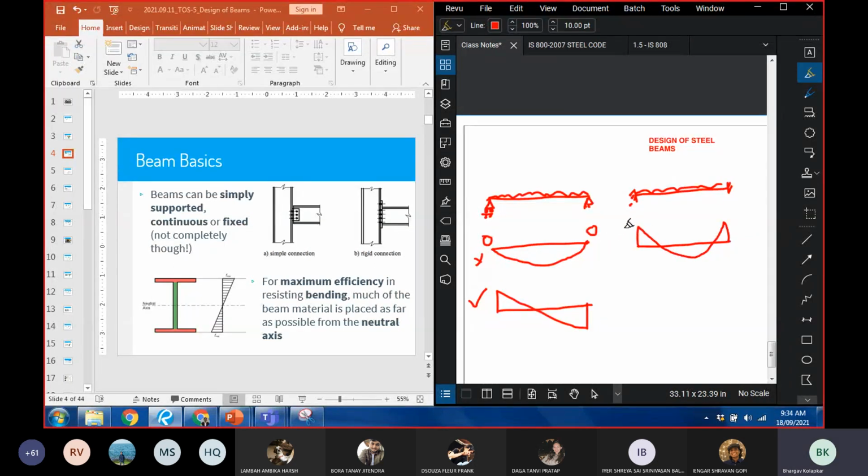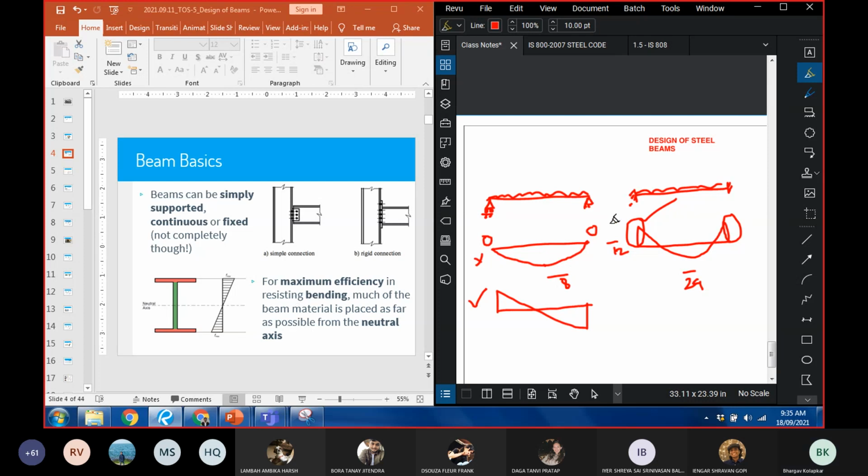This value is WL squared by 12, this value is WL squared by 24. And here you see that at the support, there is a significant amount of bending moment. Rather, the maximum bending moment. Now I'll just write these values. So this is WL square by 8, this is WL square by 12, and this is WL square by 24. So in this entire span, the bending moment is maximum at the support,